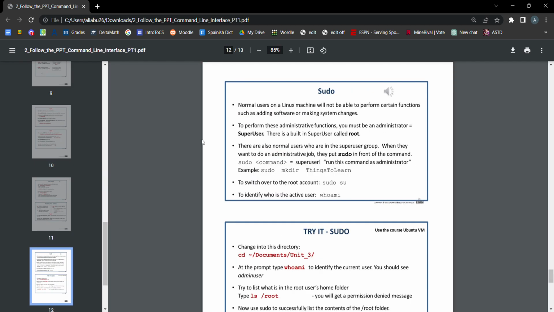On slide 12 is the final thing I wanted to talk about, which is sudo. Sudo is the most powerful command on Linux command lines. It is super user do, that's what it stands for, and the super user is called root. So basically root is just admin, like you are the admin, you are the owner, and